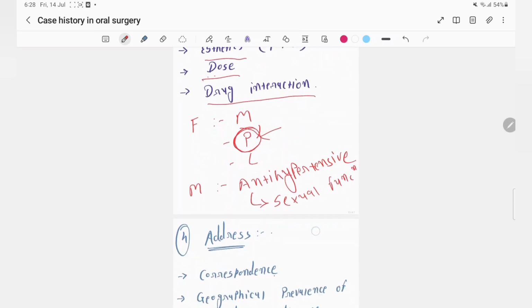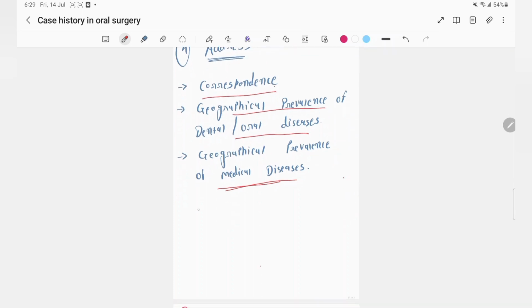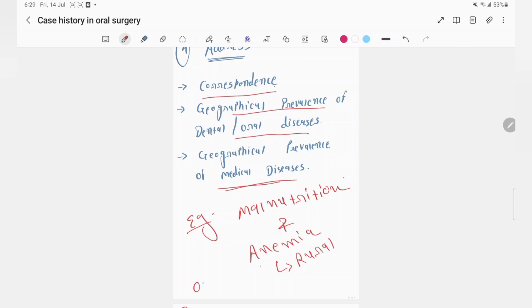Right after this we have address information. Why is it important? For future correspondence and geographical prevalence of any dental or oral diseases. Like in domestic water, if fluoride content is very high, in this area we can find more fluorosis patients. Other than this, we can find out some medical diseases as well. For example, you will find malnutrition and anemia